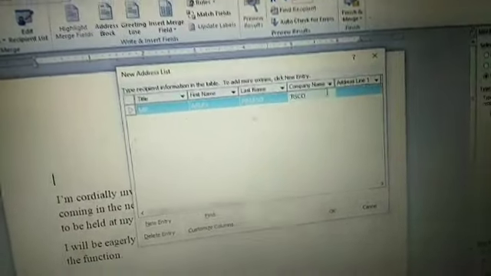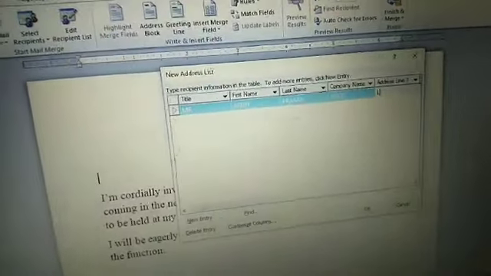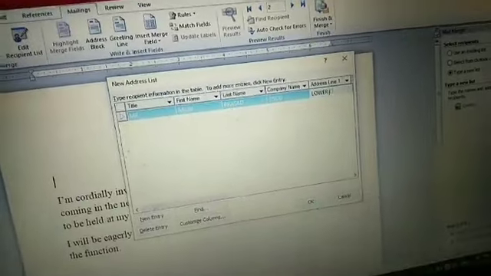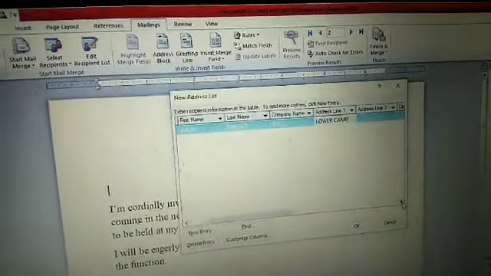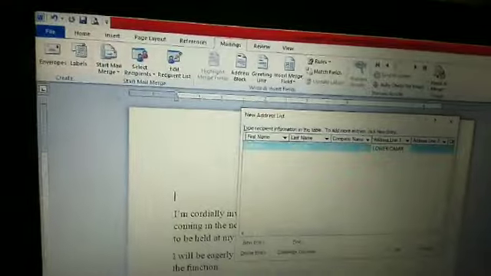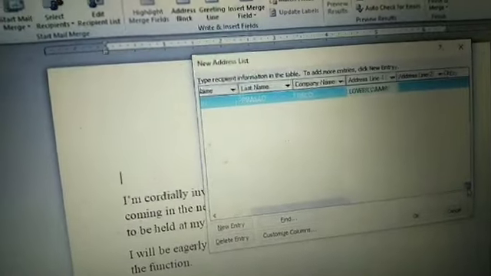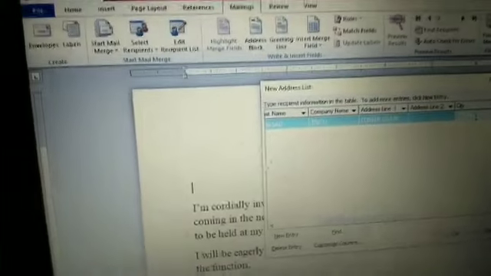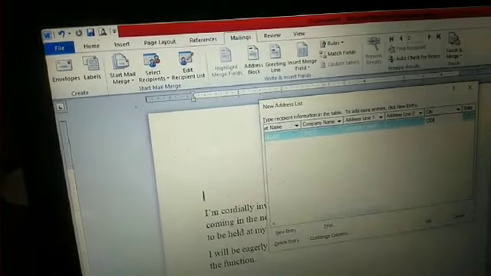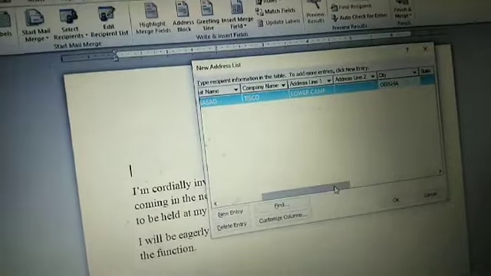First name, second name, title, address. If you move the right side handlebar, it will keep moving. So I'm just typing the basics only. First address line and the city, Odisha, something like that. So this is the first entry.